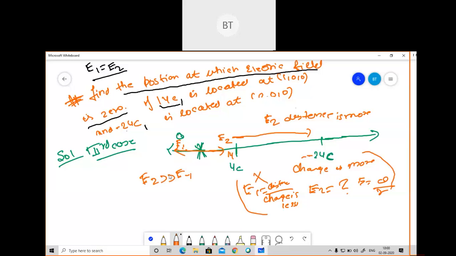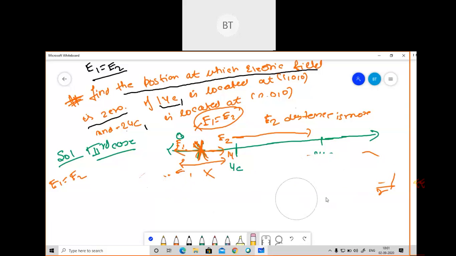Once you have found that E2 is greater than E1, now here E1 should be equal to E2. We can put this point here because as E2 is greater than E1, this case is possible here. So we can put our point here. For making this point feasible, we will call this E1 equal to E2. So you can put your point charge here. Now let's suppose this distance is X.